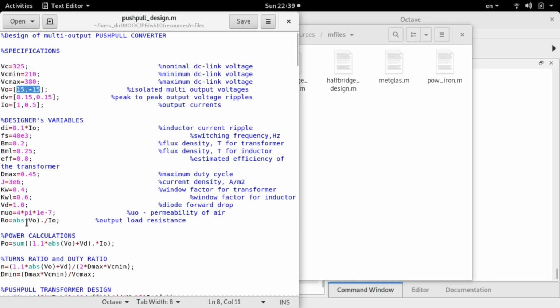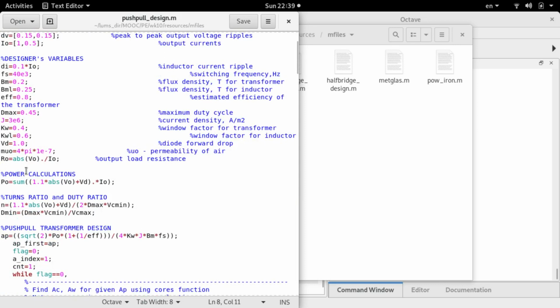Then you have the set of designer variables. I'm switching at 40 kilohertz here. 0.2 Tesla for transformer flux density maximum, 0.25 Tesla for inductors, Dmax of 0.45, which I have taken, 3 amp per mm square, or 3 into 10 to the power of 6 amp per meter square for the current density, and window factors I have chosen like this.